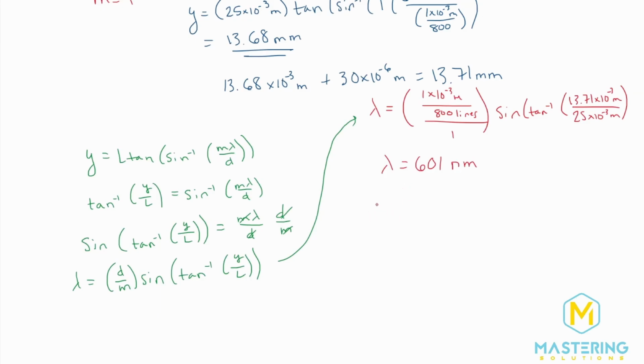We started with one line at 600 nanometers, and we have the second wavelength as 601 nanometers. So the difference between those is 1 nanometer. So that is the resolution that this machine is able to detect down to: changes in difference of wavelength of 1 nanometer, or its resolution.